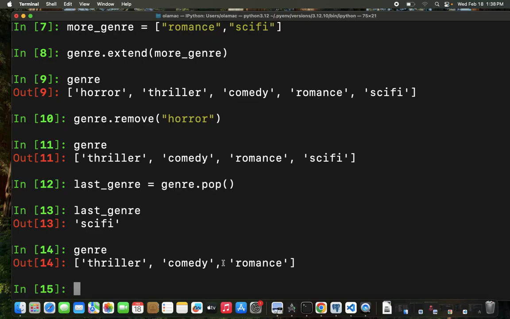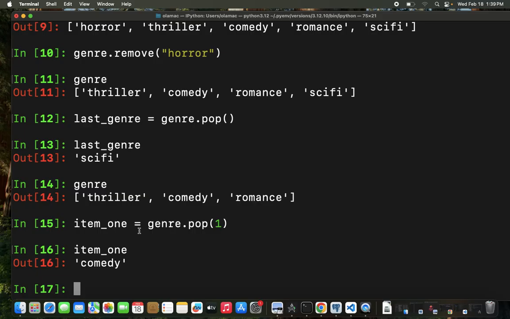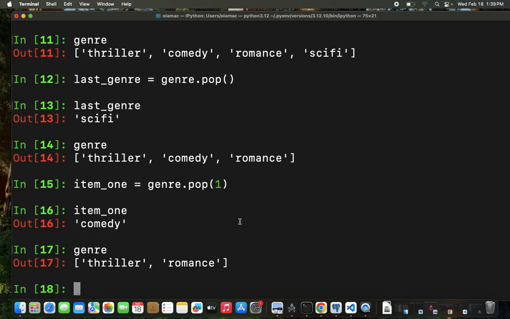Okay, we can have more control over this if we do, I don't know, item 1, then we can do genre dot pop. Okay, let's say index 1. I don't know, does that work? And then say item 1, comedy. Okay, so comedy is what we have in index 1. So we've specified that. Okay, pop that out of the list, and then it returns it. Now if we go back to genre, you realize that comedy has been popped out of our list. Now we have 2